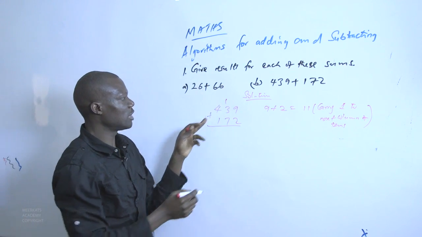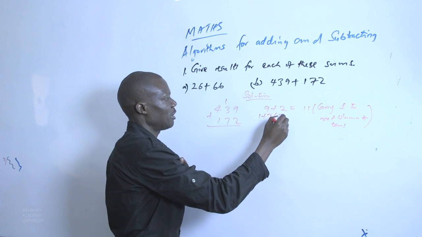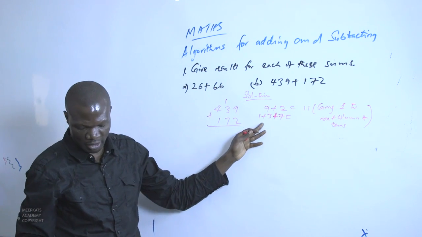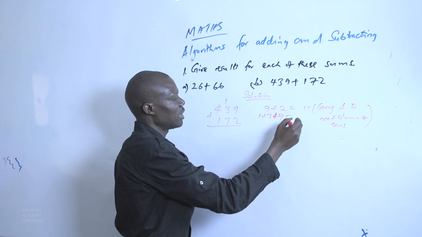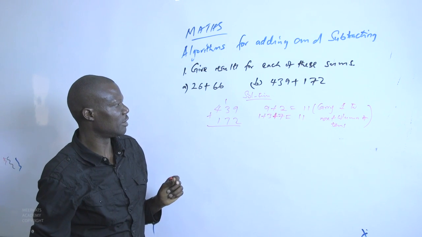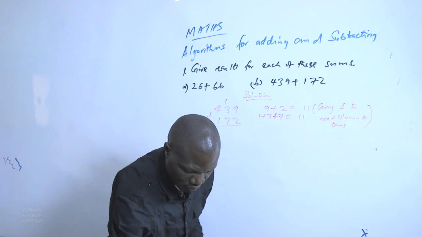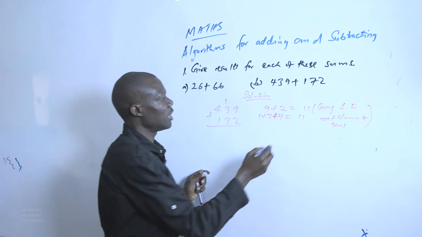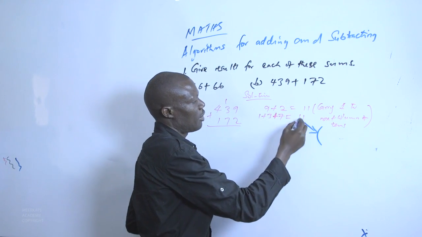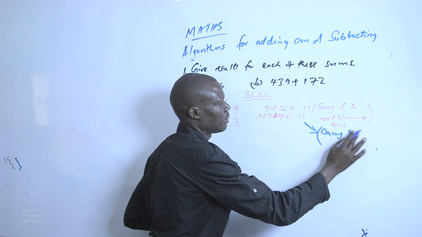Then the next step is 1, which we carried, plus 3 plus 7. 1 plus 3 plus 7, you will get 11. And when you get 11, you'll notice that it is greater than 9. So again, we shall carry 1